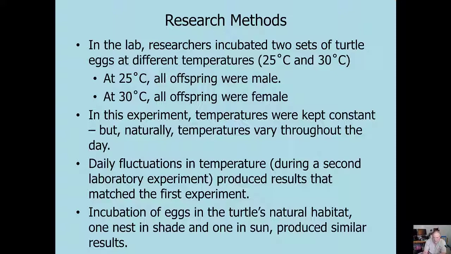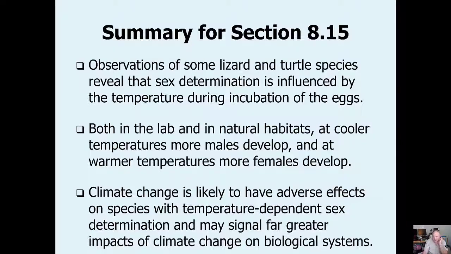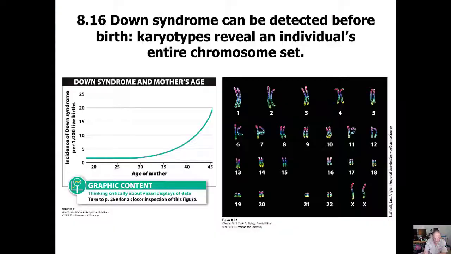So they were just proving that they had differences in temperatures, and the incubation temperatures, if you have a control, would prove that. So you can read through that if you're interested. Observations of some lizards and turtle species reveal that sex determination is influenced by temperature. In both the lab and natural habitats at cooler temperatures, more males develop. So it leads to the idea that if we have climate change, getting warmer, it's going to sway